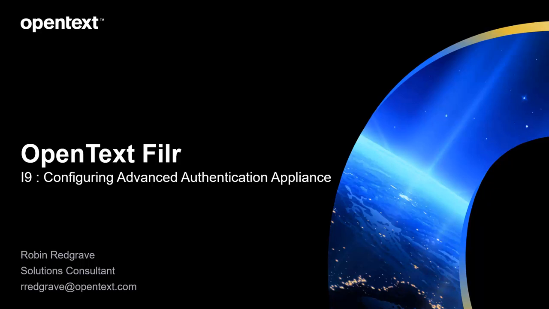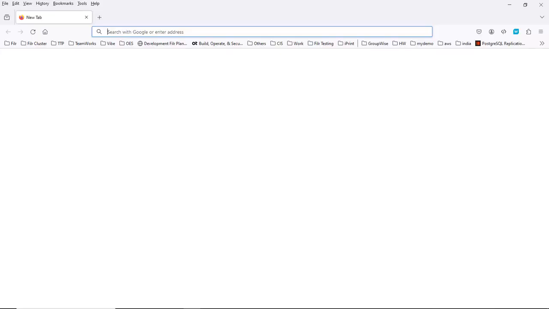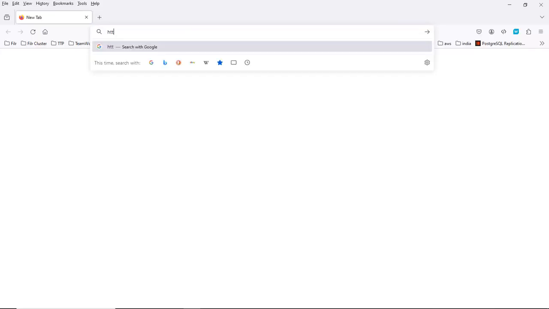Hopefully you've seen the previous video where we installed the appliance. What we're going to do now is configure the appliance itself, rather than the Advanced Authentication application, to prepare it for our configuration. Let's go into the configuration screen for the appliance. That's on the 9443 port. So let me type in the address here,